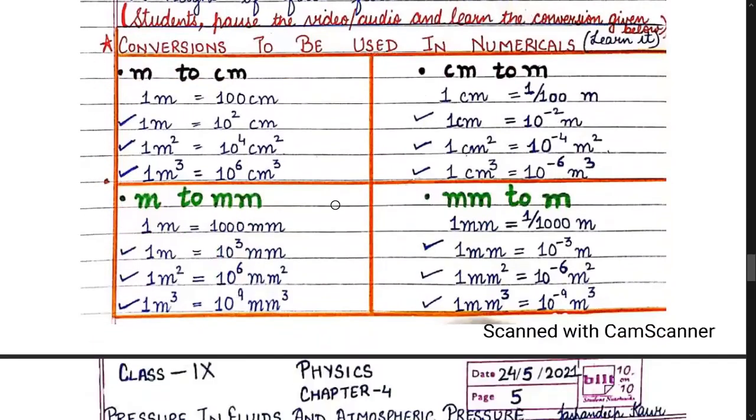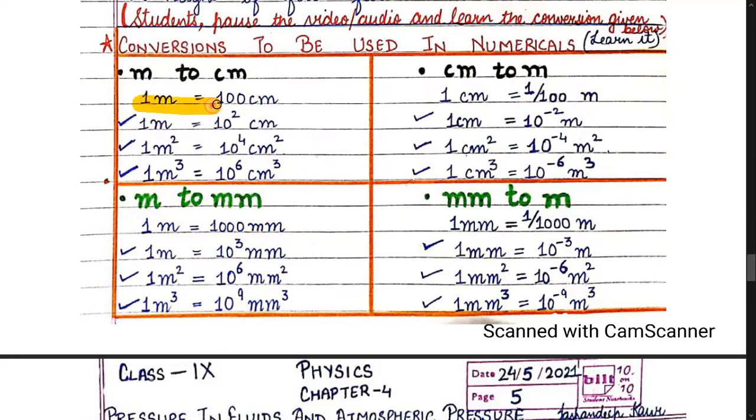Now students, I have given the conversions which we will be using in chapter 4 as well as in chapter 5 in a tabular form. So 1 meter is 100 centimeter and 1 meter is also written as 1000 millimeter. If you invert it, you were doing conversion from meter, bigger to smaller unit, meter to centimeter. Meter is a big unit, centimeter is a smaller one. While if I convert from smaller to bigger, that is from centimeter to meter, see, the answer is going in